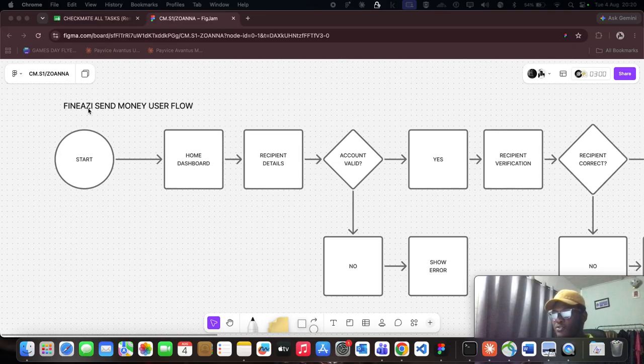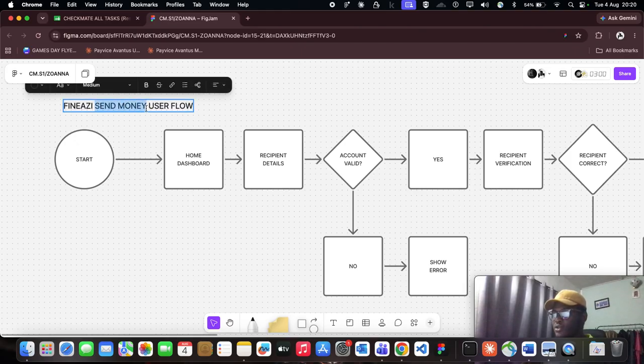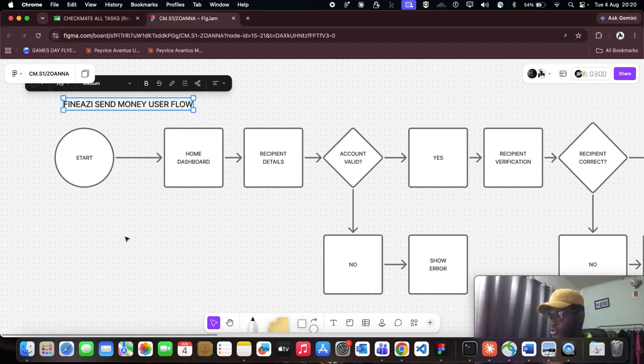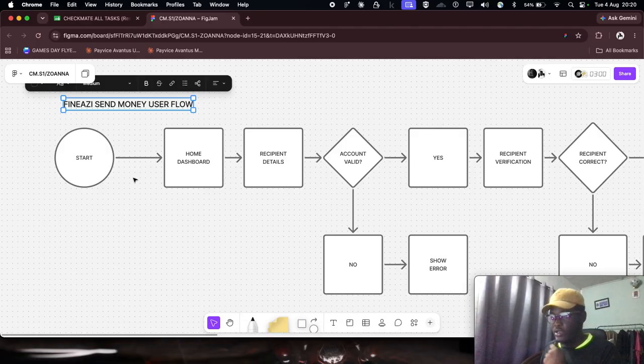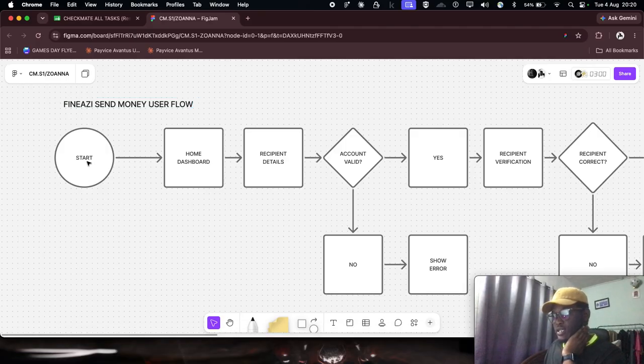So the user flow I asked everyone to generate is a send money user flow. So if I was to send money to Zoana, or Blessing was to send money to Tommy, or Zoana was to send money to Victor, what is the user flow that Zoana would go through? You get? So that is exactly what we are going to be checking today. So now let's see. So the first thing is start, right? So you start, that's open your app, then